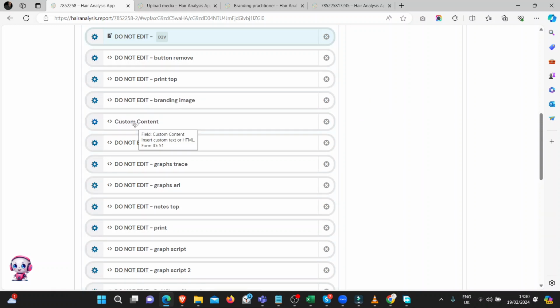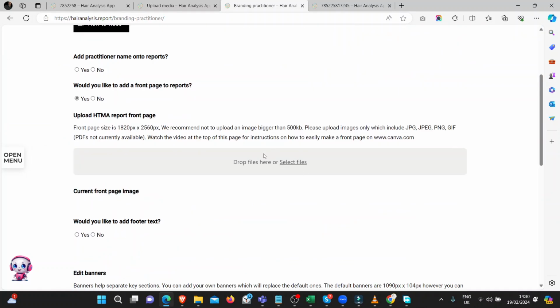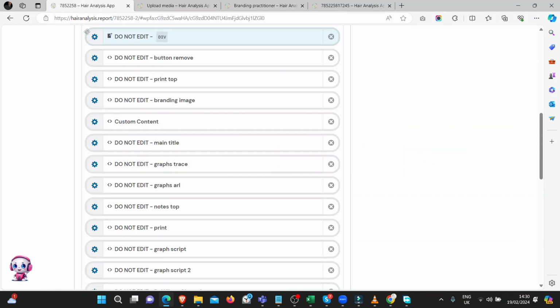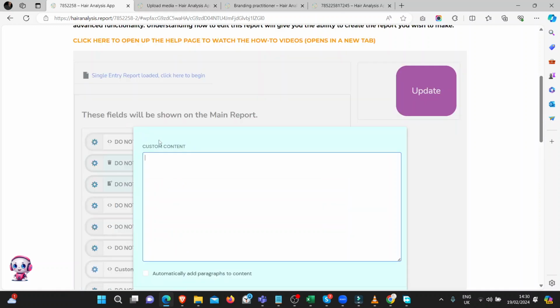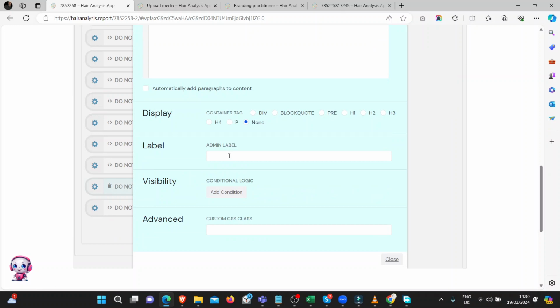Technically you don't really need to upload a front page into here, because you can go into the branding section in the practitioner area and you can click on would you like to add a front page onto reports. If you upload that front page, that will actually be embedded into your hair analysis reports. But just as an example, we'll open up this field and we'll call this front page,